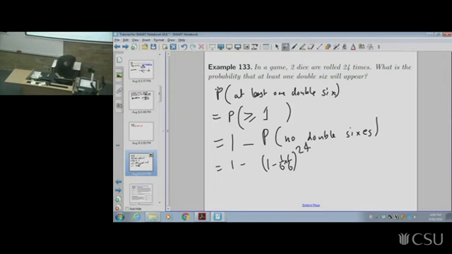So this bit. The number of ways of not getting a double six on just the first roll would be 35 over 36. So most of the time. But we got 24 different times of doing it, playing this game many times. So it'd be that number to the power of 24. If you type all that in your calculator,